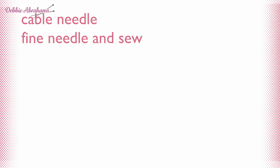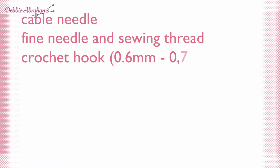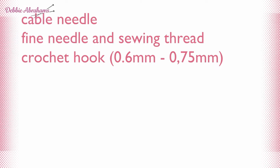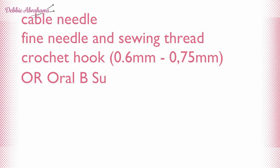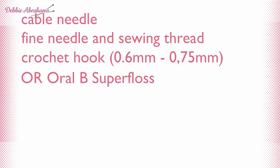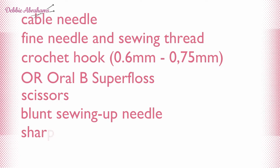You will need a cable needle. You will need a needle and thread for threading beads onto yarn. You will need a small crochet hook, about a 0.6mm, maximum size 0.75mm needle for hooking in beads, or dental floss, oral bead dental floss. Again, I talk about that in the written blog, so do read that. A pair of scissors, you'll need a blunt sewing up needle, you'll need a sharp needle for sewing in ends,